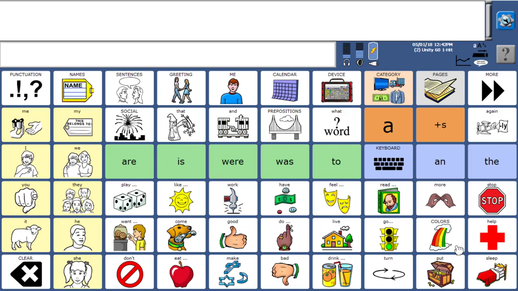Hi folks, here is a video on temporarily limiting vocabulary in Unity one hit. So here on the screen I have Unity 60 one hit. I would say we have hundreds of words showing. We can use a tool called Vocabulary Builder to, like I said, temporarily limit the number of words that are